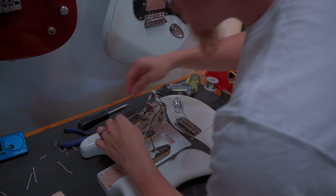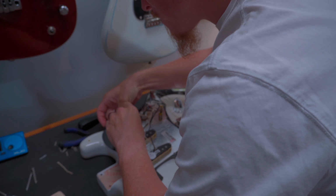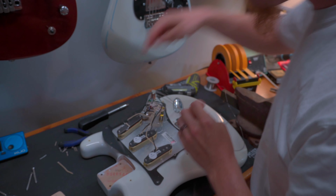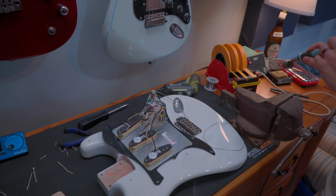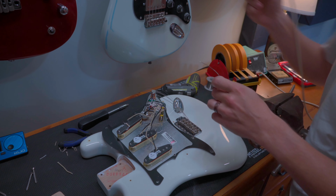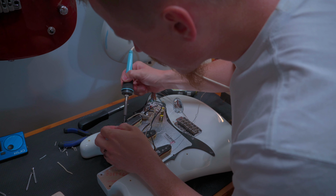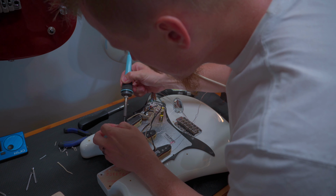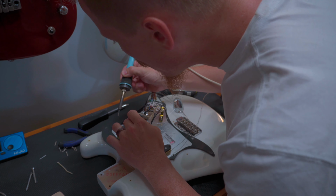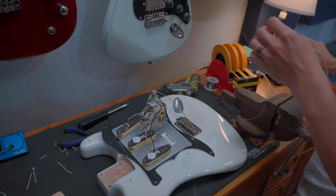Alright, so now all I'm going to do is push back this cloth wire, push down the wire from the metal plate onto the negative post of the pickup, which is typically the black post, and solder the two together. And all I'm doing is just grounding that plate. You don't want to get it too hot,